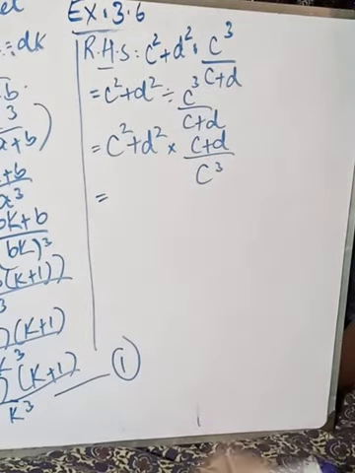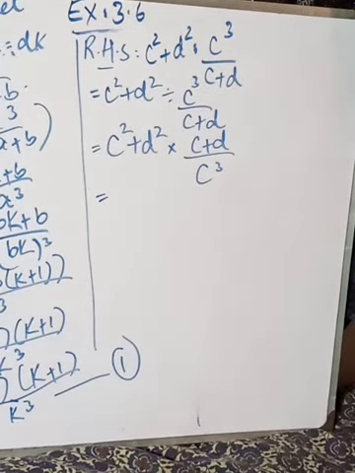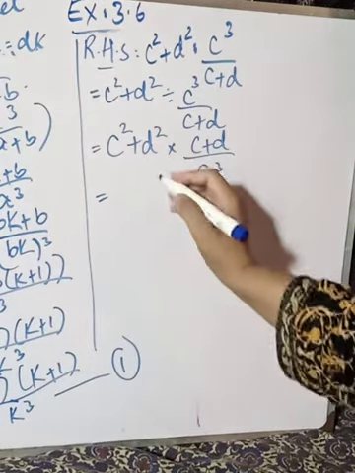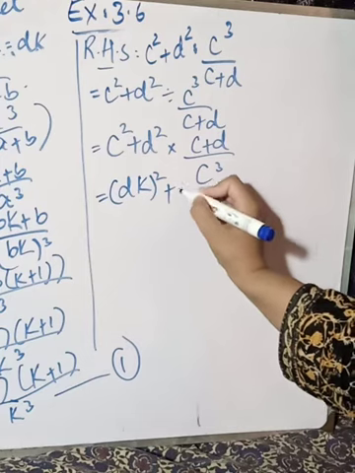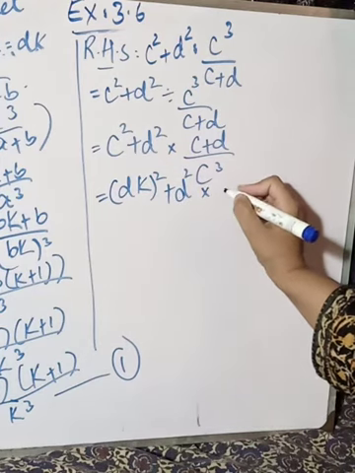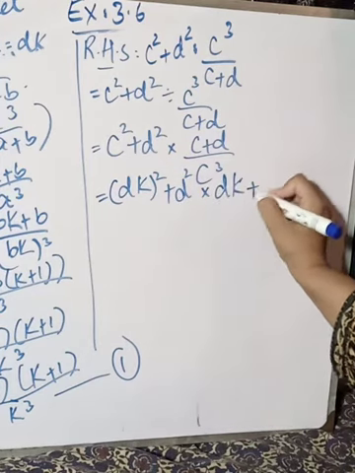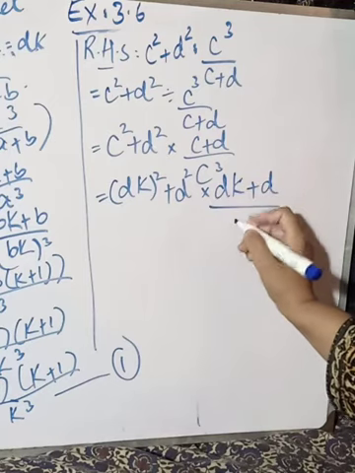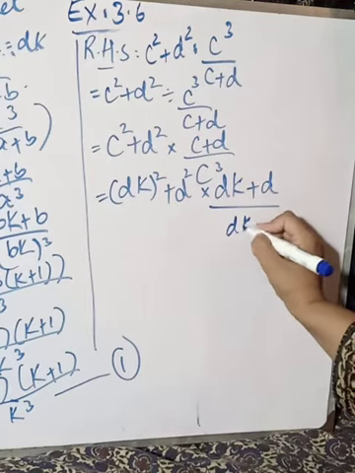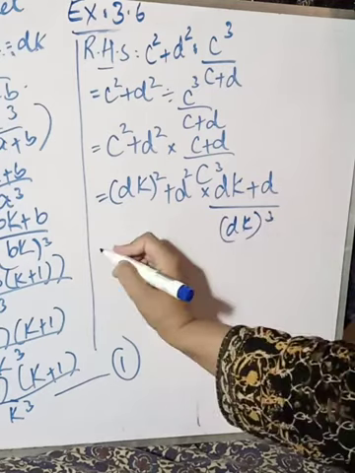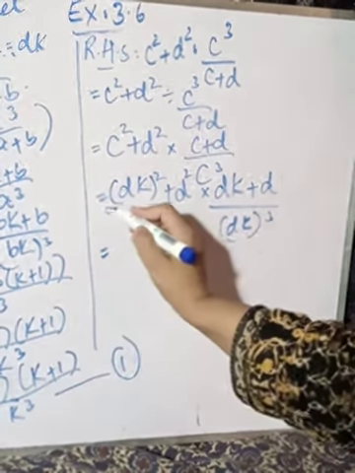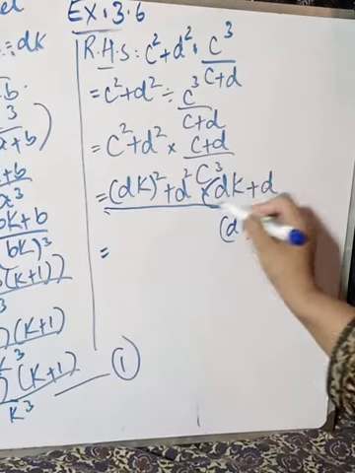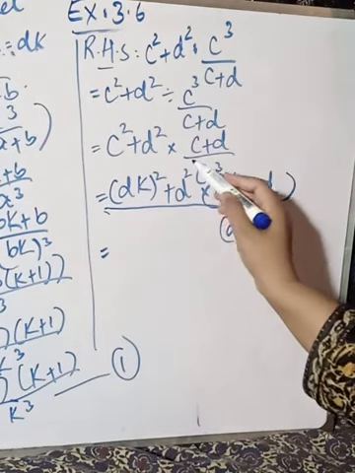Now see, when you apply the value c is equal to dk, तो आपके पास आ जाएगा dk का square plus d square multiplied by c is dk plus d divided by c cube, यानी कि dk का whole cube, right? Now solve it. Okay, what we are going to have, ये totally multiply में आप इसको कर ले, because the value will be multiplied. मैं bracket डाल देती हूँ, ठीक है?